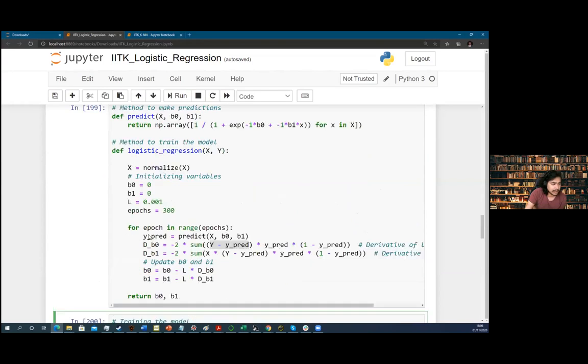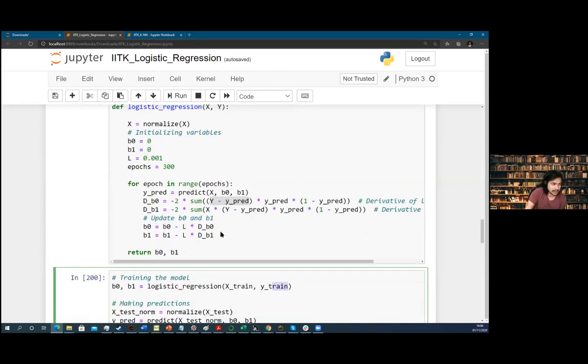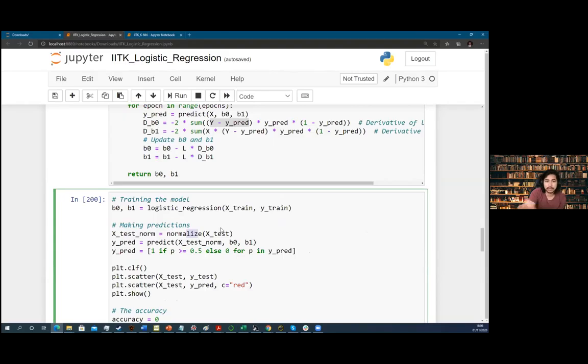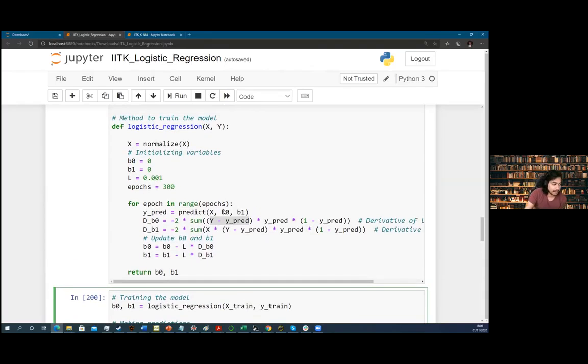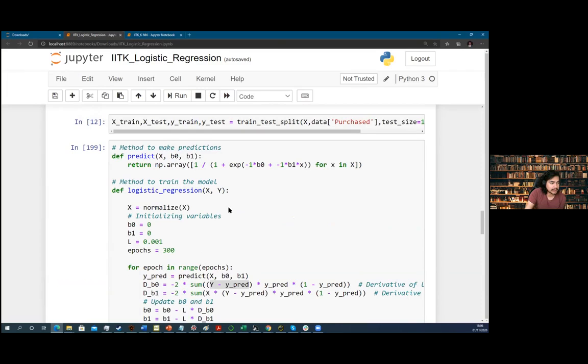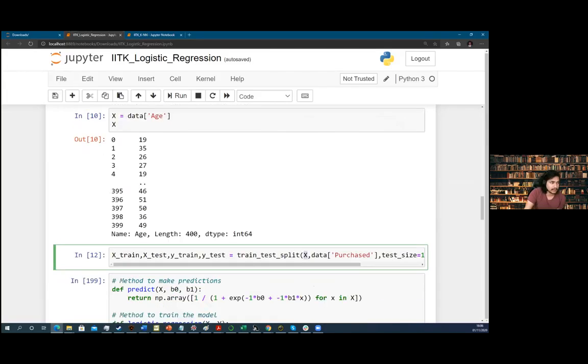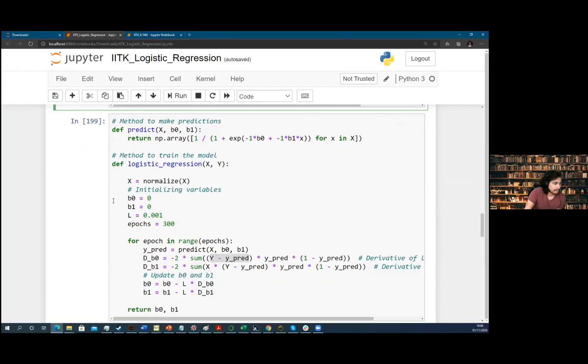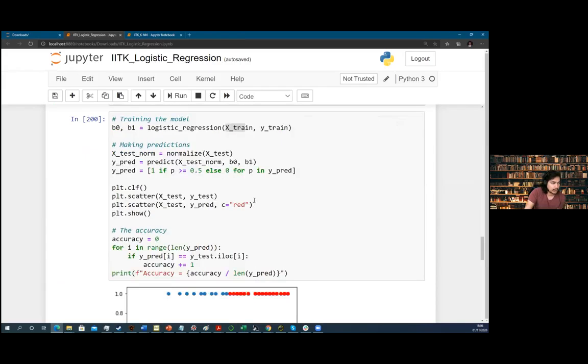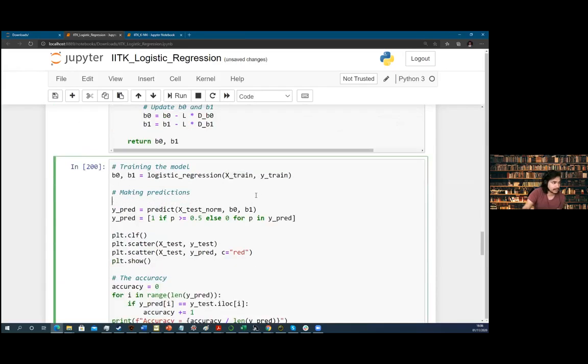Then what you're doing is the X test normalization using the normalize of the X test, since you normalized the X train as well. Normalization of the whole data set will be there. You should have normalized it beforehand, but it's okay. You could do all this together in the beginning itself, when you're making the split, you normalize it there only, so your test and train are both normalized at the same scale. So you don't need to actually normalize it here. This is wrong.